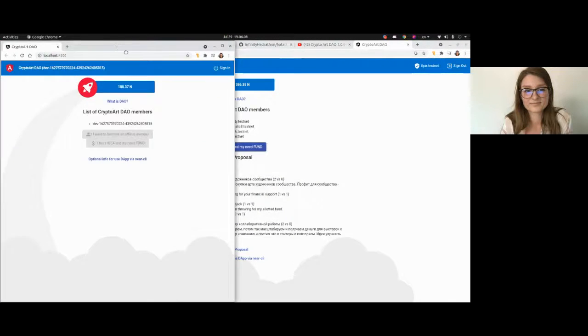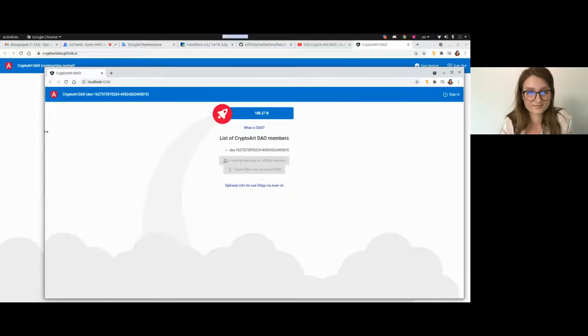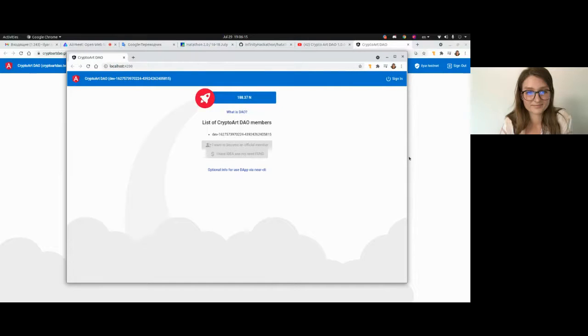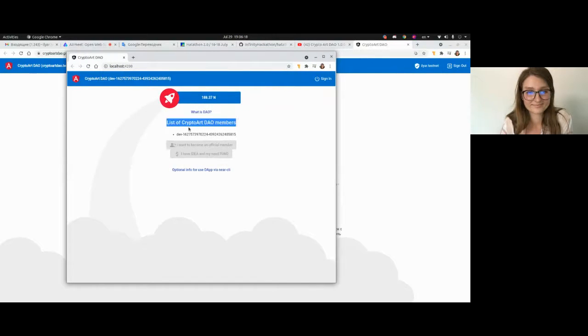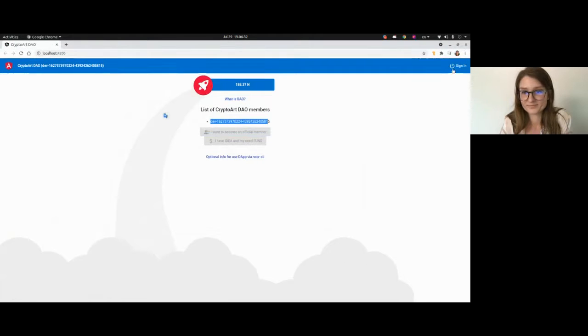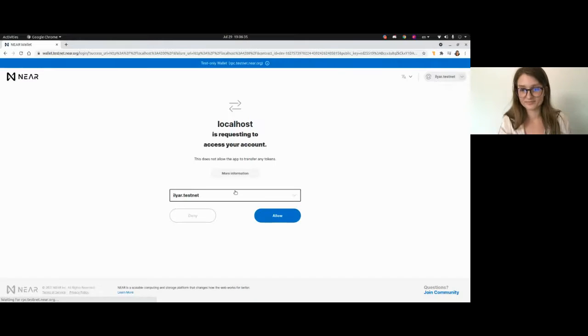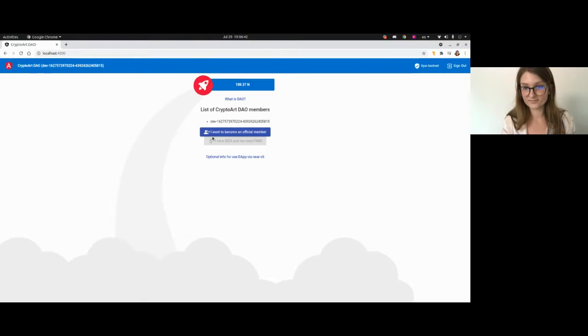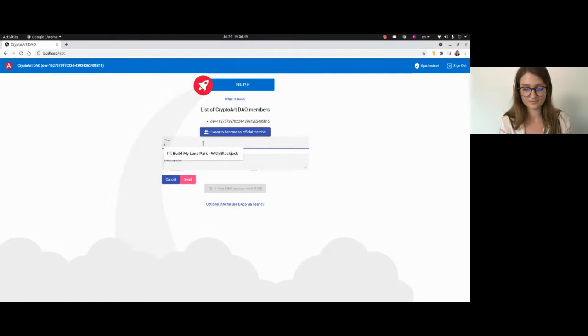I started a separate instance on a test network and added a new instance of the DAO with one initial member. As a guest, I make a sync in this DAO, and after it, I make a proposal for